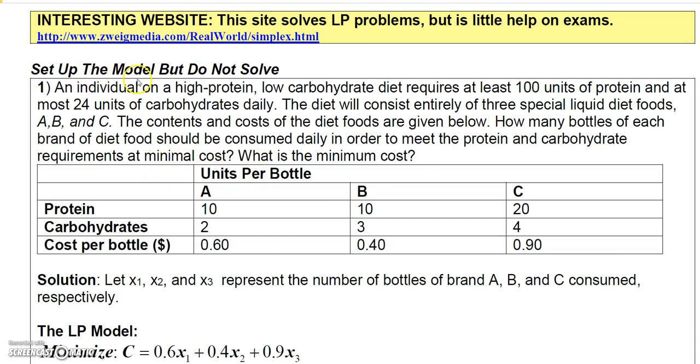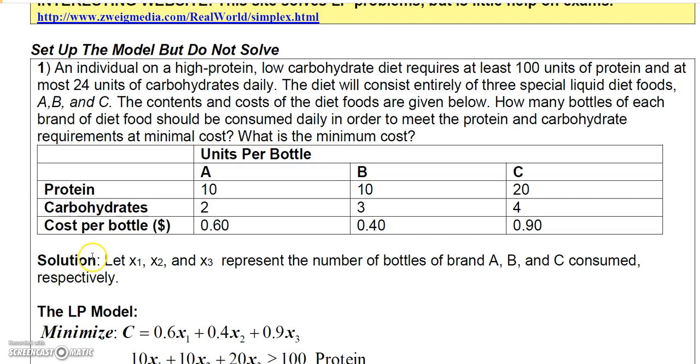Now we're just going to set up the model for this. We're not going to solve it. If you wanted to, you could write a table out here and you could see that each bottle of liquid diet food has 10 units of protein for bottle A, bottle B has 10 units of protein, and bottle C has 20 units of protein. And then bottle A has 2 units of carbs, bottle B has 3 units of carbs, bottle C has 4 units of carbs. So if we let X1, X2, and X3 represent the number of bottles of brand A, B, and C that are consumed,